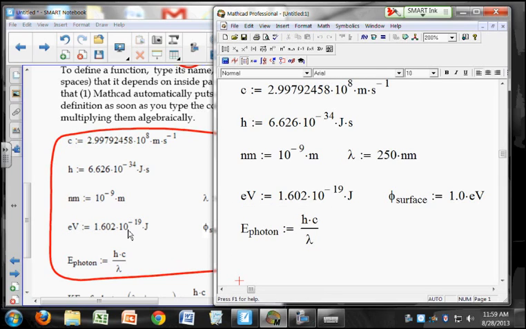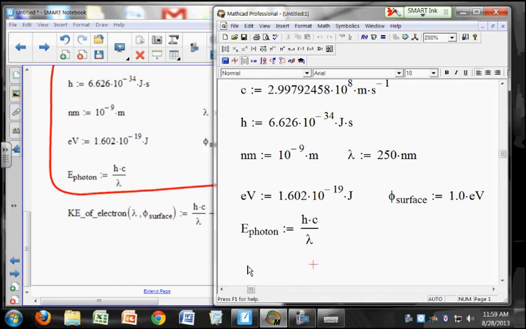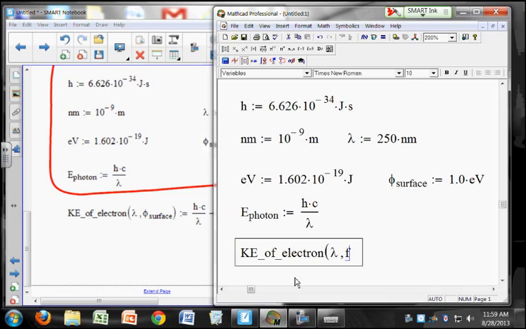Okay? And then finally, let's write an expression for a function. So now I can do KE underscore of underscore electron, open parenthesis, lambda, Control G, phi, F, Control G, phi surface, so period to get to the subscript surface, and then close parenthesis. And if you want to assign a value to that, you press colon, Mathcad responds with colon equals, and this thing right here,